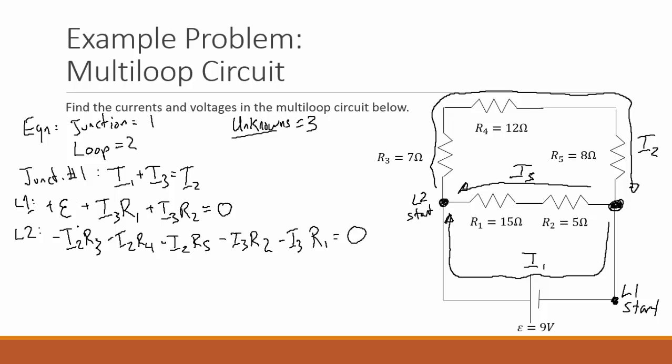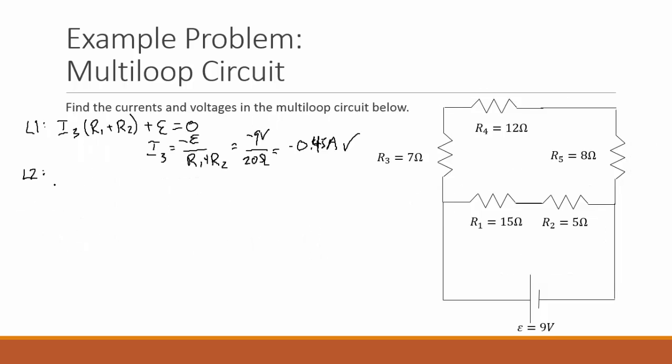Again, I have a common factor of I2 that I can pull out, as well as I3, so I'm going to make this even simpler and write this as minus I2 times R3 plus R4 plus R5, minus I3 times R1 plus R2. And that'll equal 0. So if I solve for I2, I move these to the other side, and I divide by R3 plus R4 plus R5, leading to